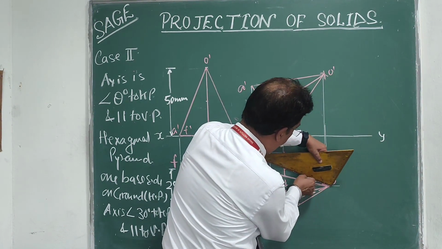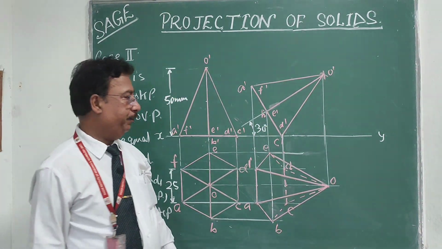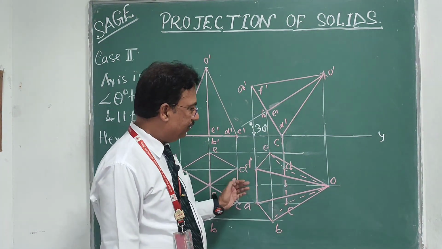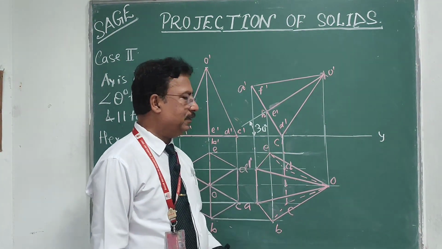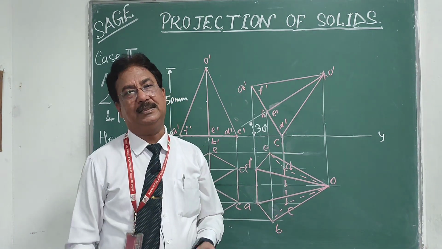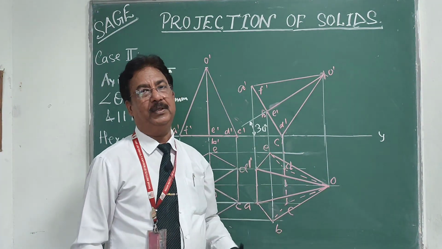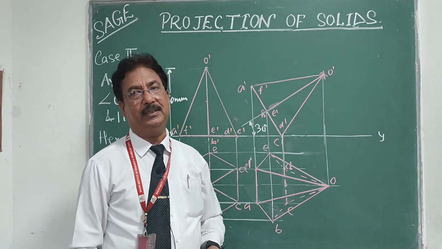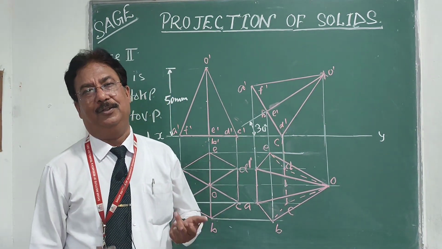This is one of the most important parts when we are joining the solid, that is the importance of the lines which are visible and which are not visible. So that is maybe the most important part. So remember this: in the case of a pyramid, if the base is not visible, start from the apex and join the outer edges. After joining the outer edges, the remaining edges of the base will be dotted lines. Now the lines crossing the dotted lines will be solid, and those not crossing the dotted lines will be dotted.